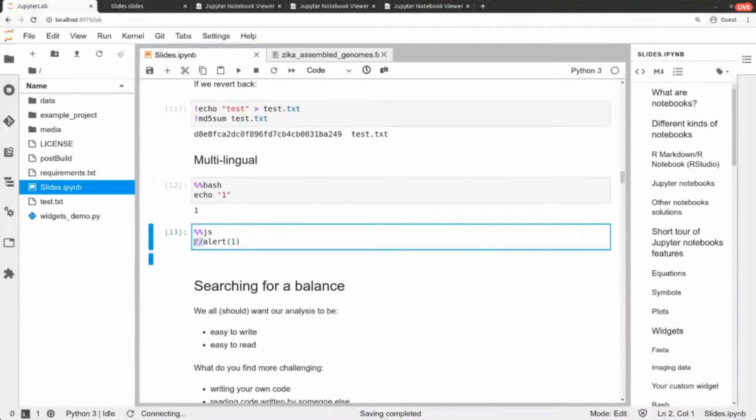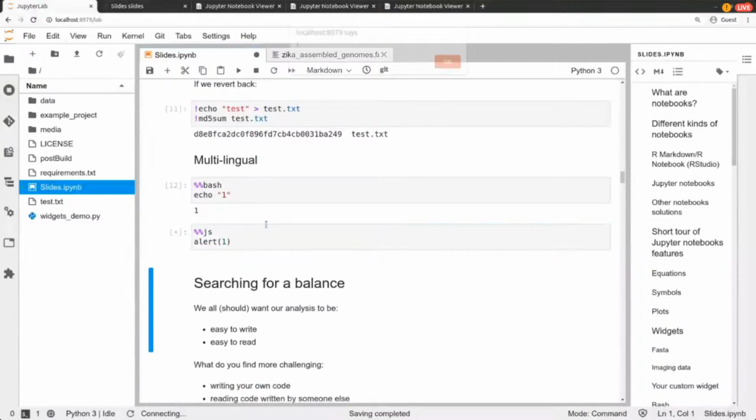So here in this example, JS is a shortcut, an abbreviation, for JavaScript. If we remove the comment and run this cell again, it will display just one, because that's